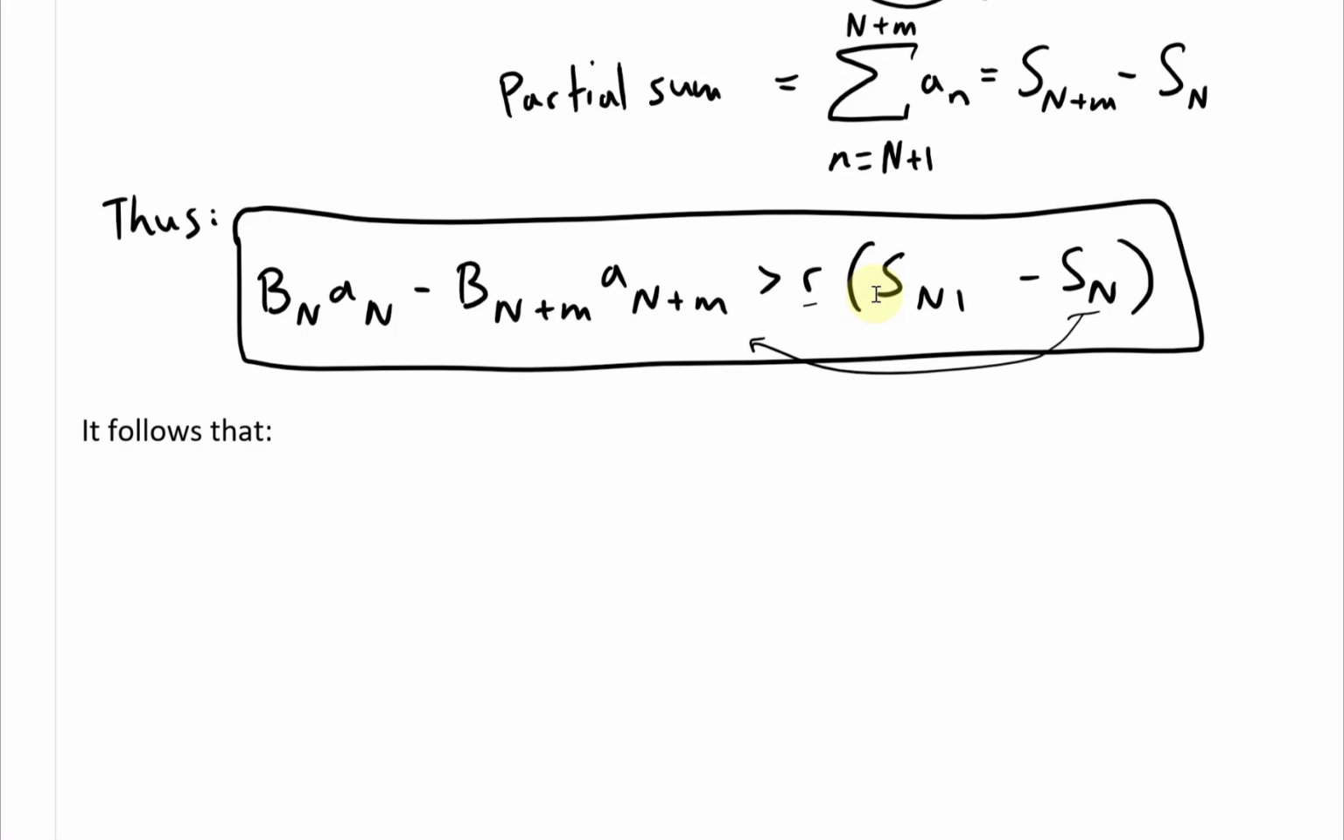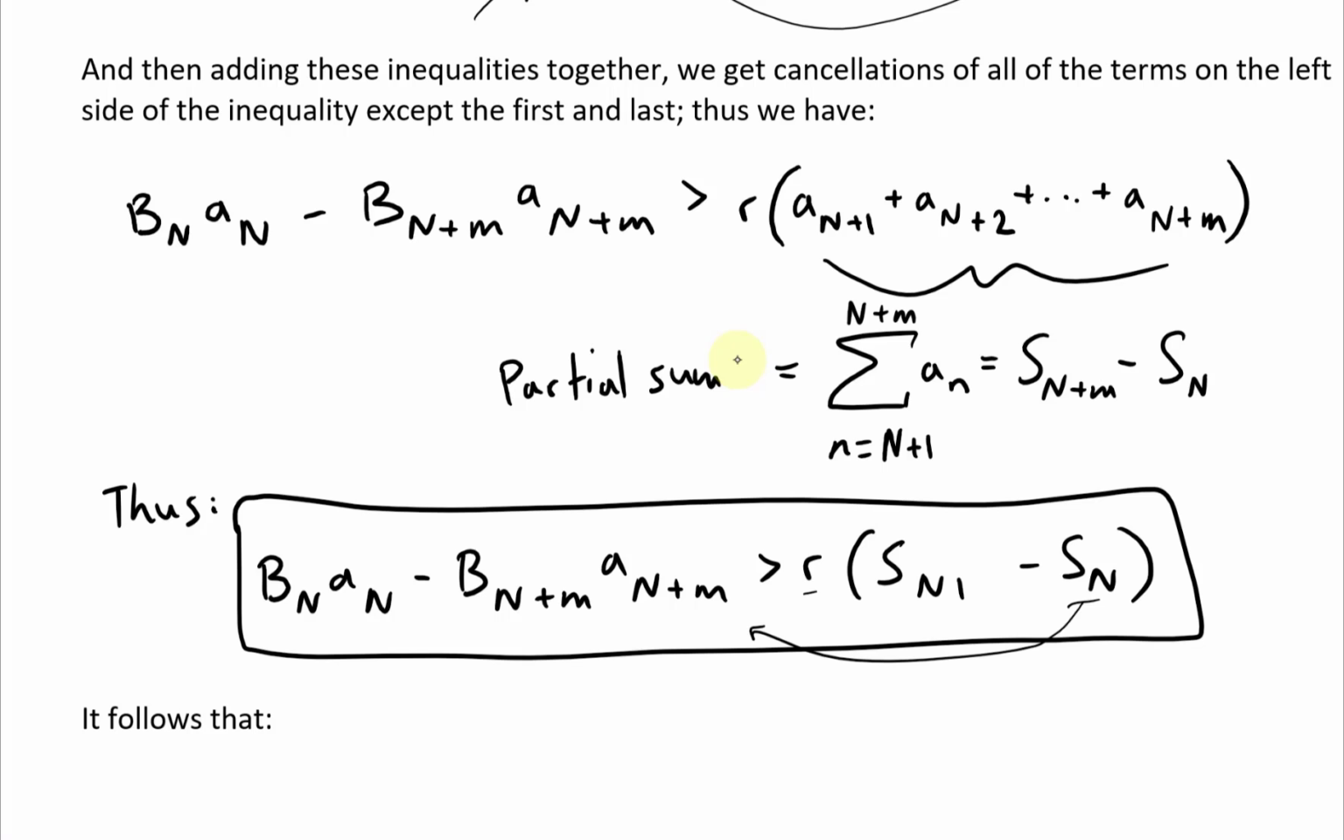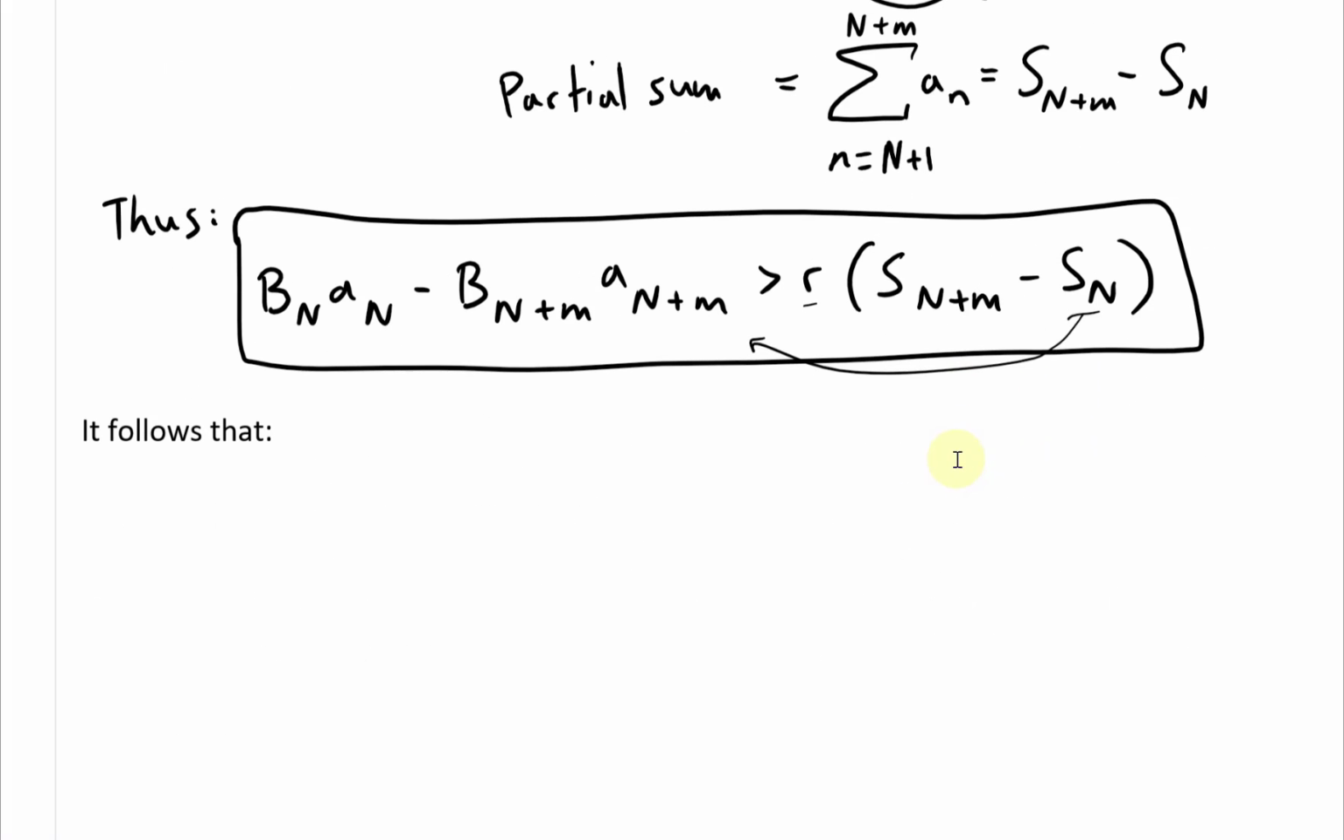So we have r times S. Did I forget to put a plus m? I think I just deleted that by accident. Okay, so anyway, that's this one right here, S_{N+m}. So now move it over to the other side. Erase this like that. We're going to get r S_{N+m}, so multiply that inside,